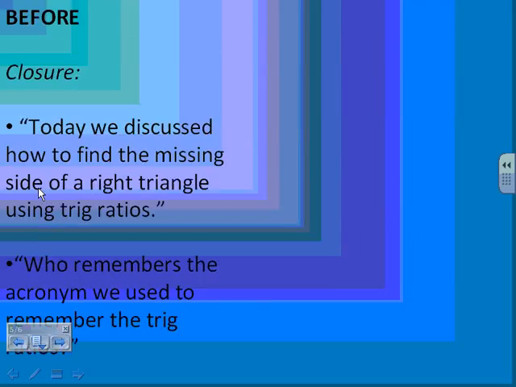All right, so for our closure, before, I had discussed that today we discussed the missing side of the right triangle using the trig ratios, and I reviewed the acronym that we learned, SOHCAHTOA. But now